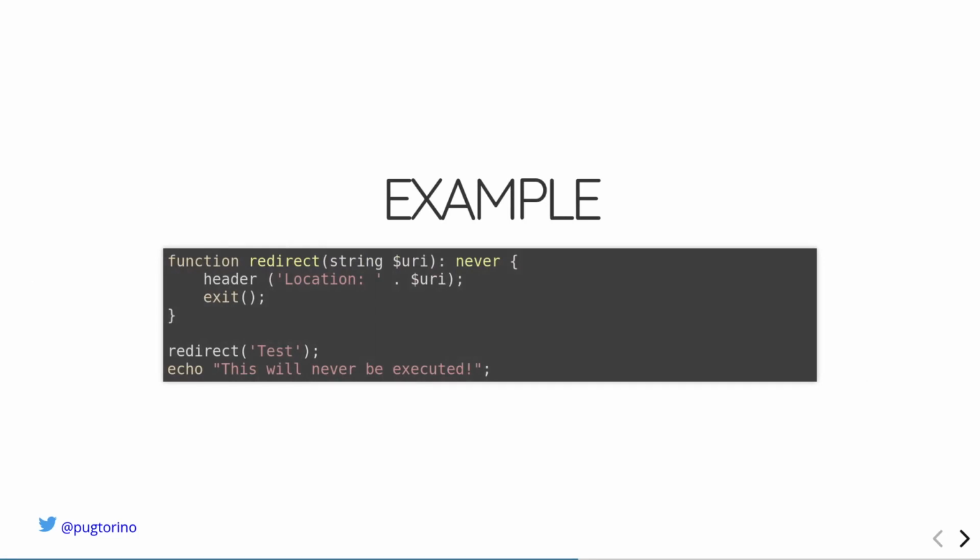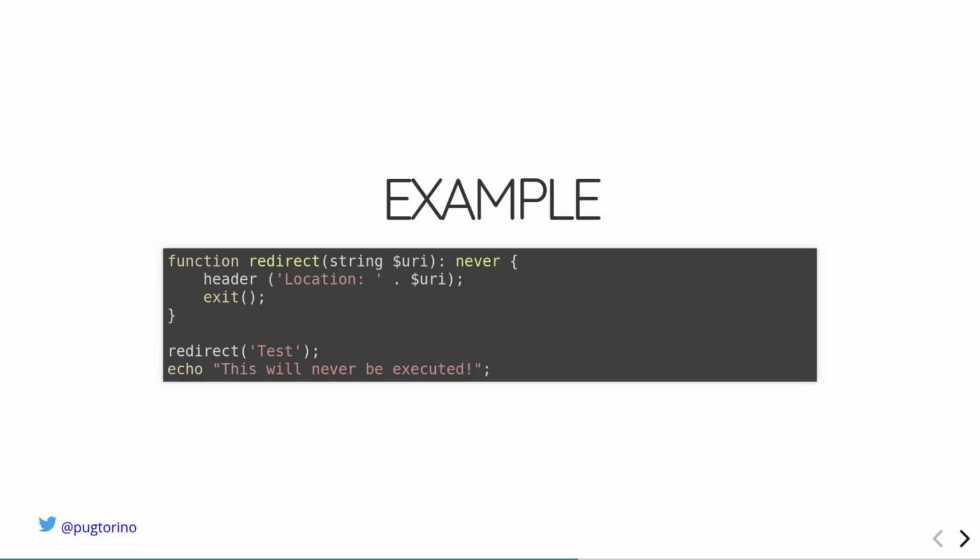So imagine that you want to implement a function to perform an HTTP redirect. If you want to write a web application and you need to redirect to another URL, in PHP, as you know, you can use the header function to specify the location and the value for the redirect. But when you specify this, you have to exit the execution. Otherwise, the redirect will not be performed.